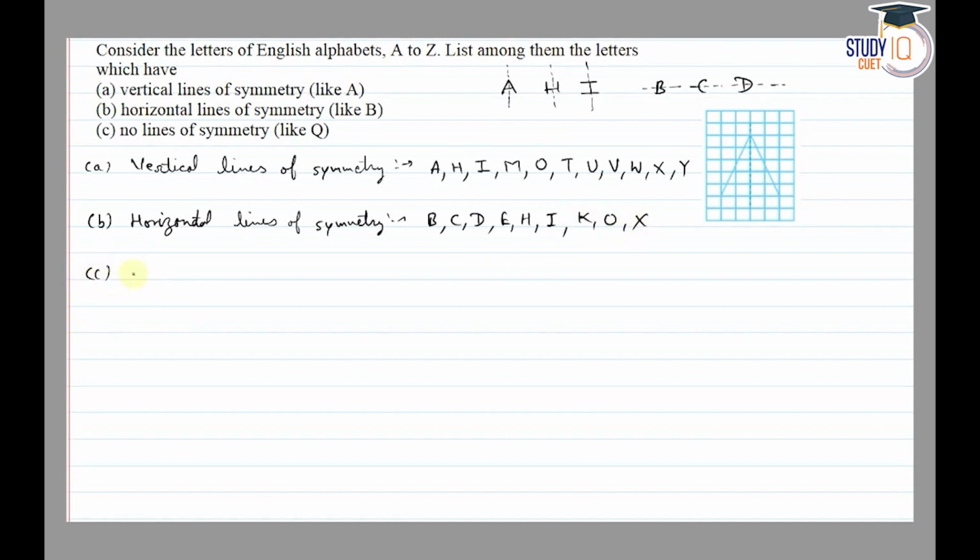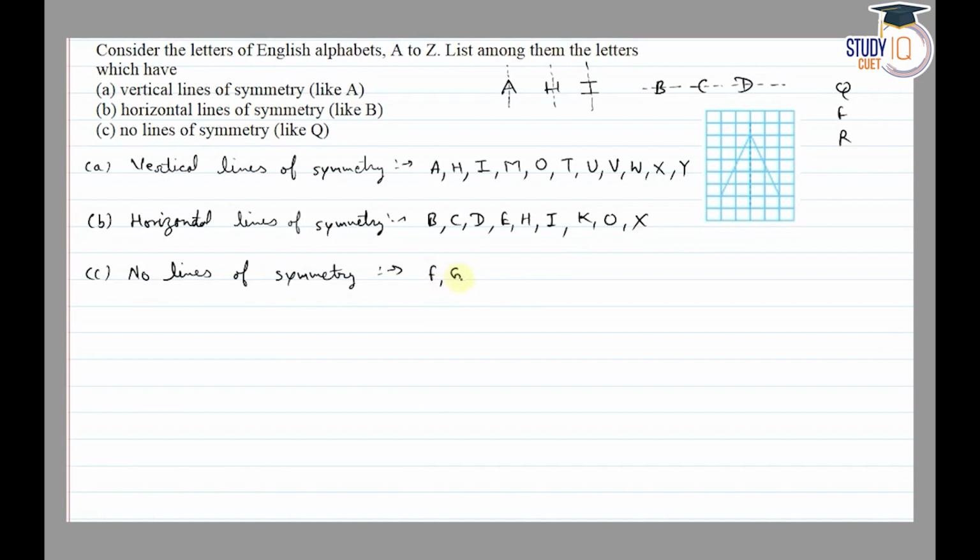Part C, the alphabets which have no lines of symmetry. So alphabets like Q, F, R have no lines of symmetry. So alphabets which have no lines of symmetry are